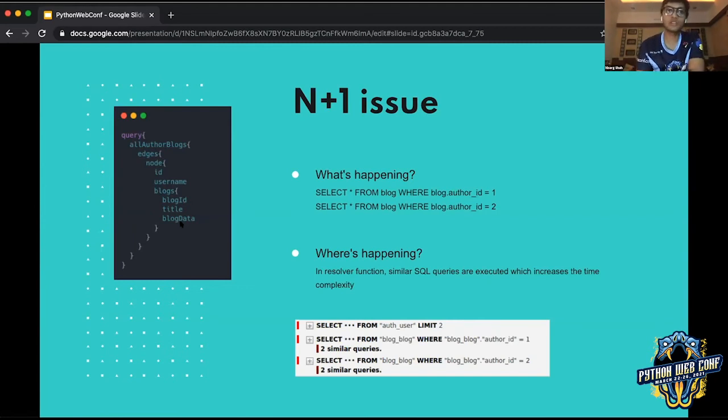Now the issue is if we see the raw SQL queries which are executed behind this query. I have installed a debugger in Graphene which will show me the raw SQL query executed. So this was the result from that. It fetched the authors, and then for fetching the blogs, they